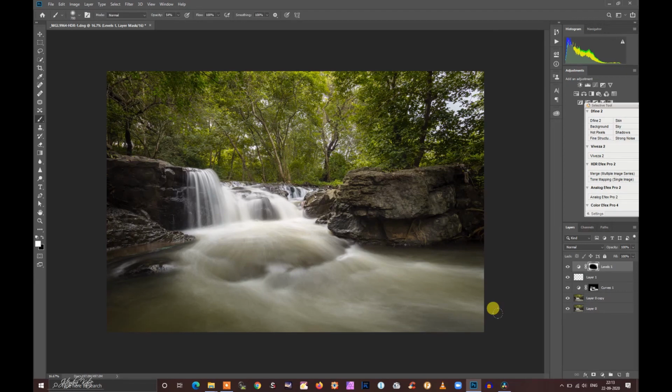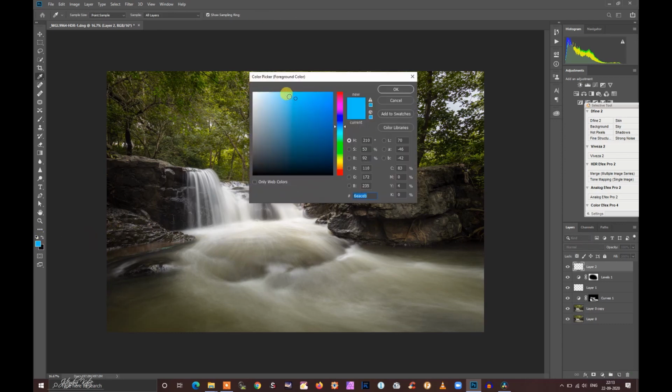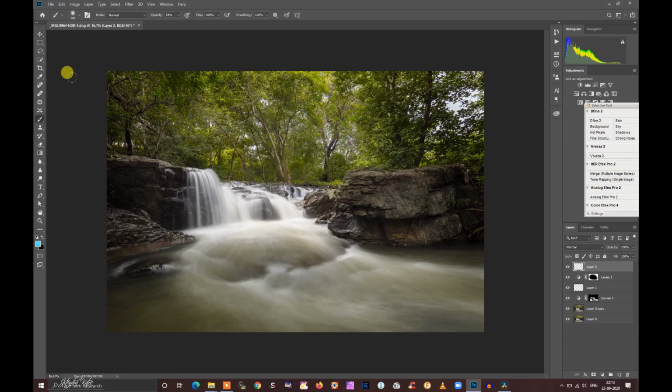Now I will add one more blank layer and change this foreground color to something like this. Select a brush, make sure the edges are soft and opacity down to about 20.